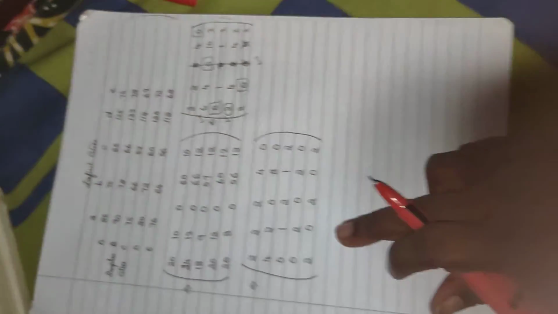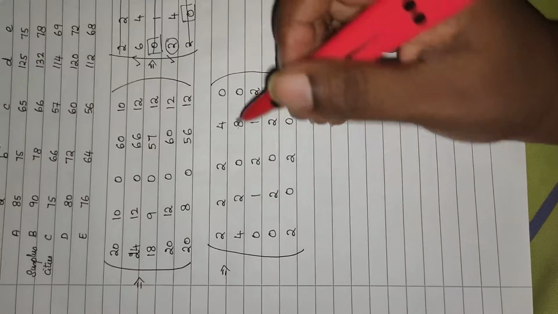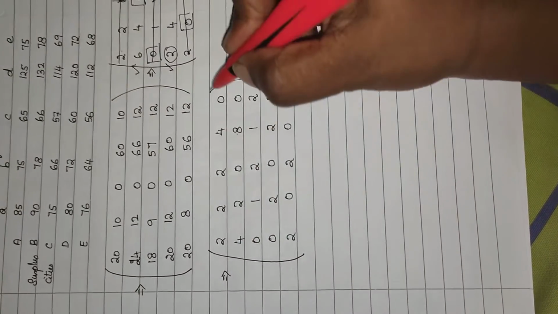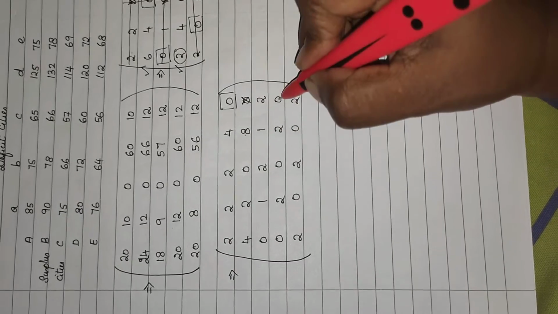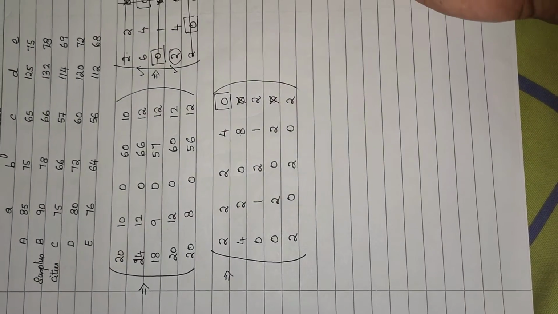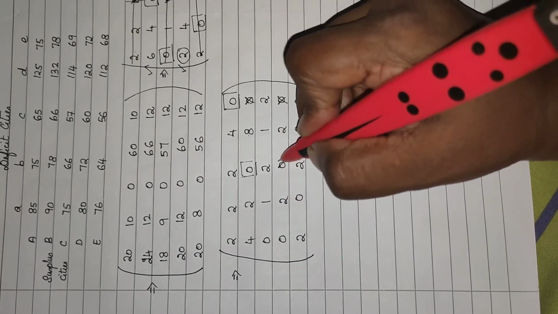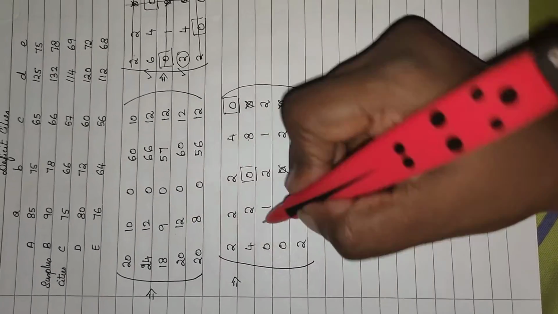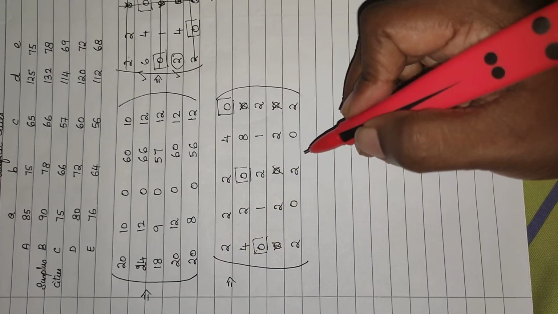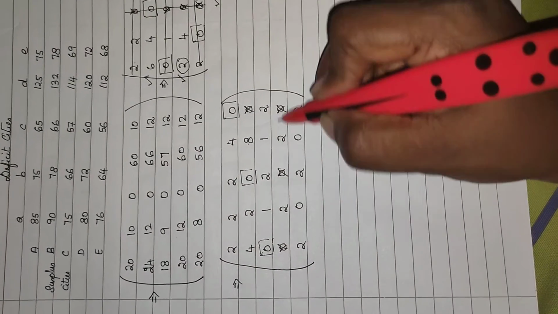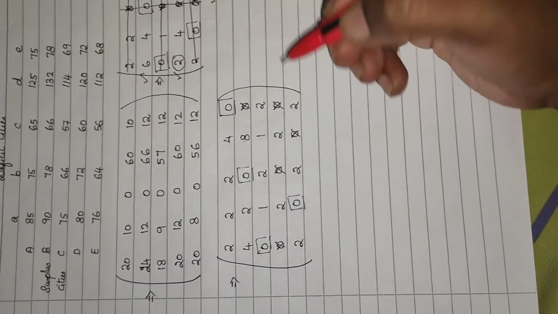Here I have my table after that. Now again I am going to allocate. First row, only one 0. I am taking that, cutting off all the others. Second row, there is only one, cutting off all the others. Third row, there is only one, cutting off all the others. Fourth row, ooh, very nice. So we have a problem in the fourth row.